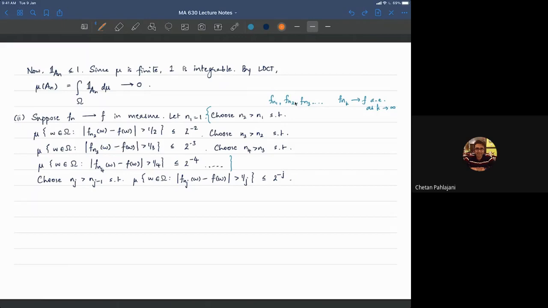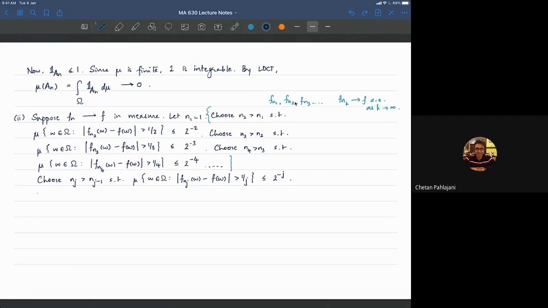Okay, all right, so this is what you do. Do you agree that we have come up with a subsequence? Now, at this point, you may not be convinced that the subsequence is of any use, but I hope you agree that we have come up with a subsequence, because we have come up with a subsequence of the natural numbers, n_1, n_2, n_3, and so on.